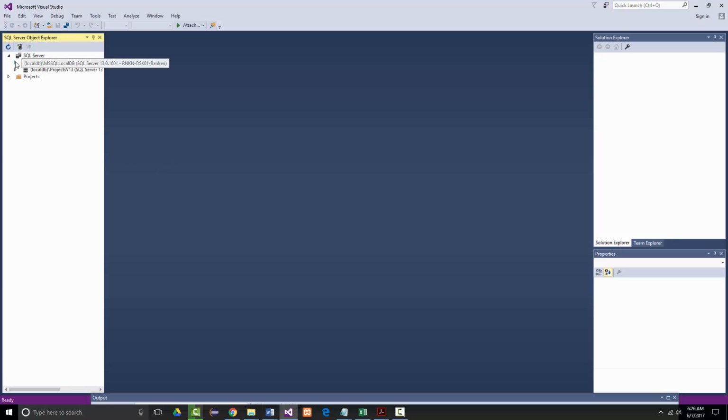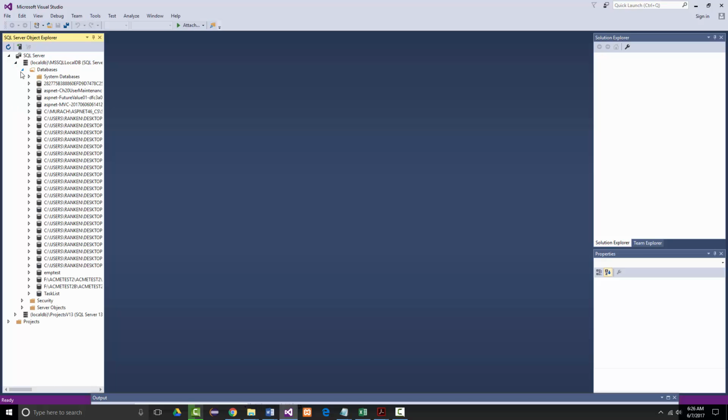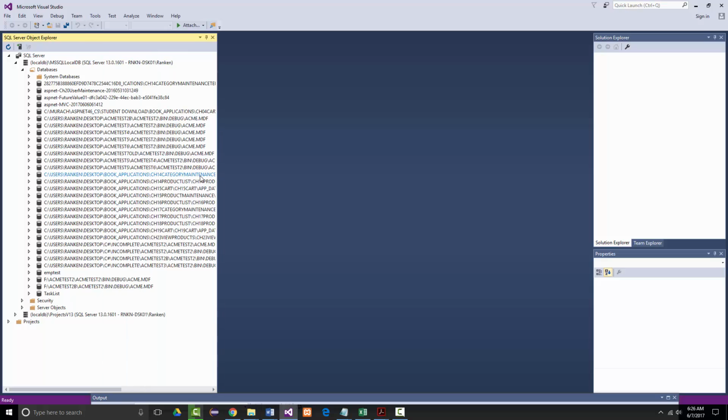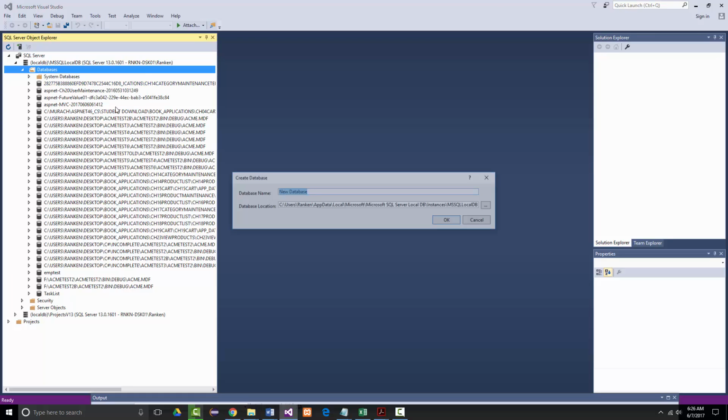And in here, it's got all the stuff that I've been working on for other things. And don't worry about what it is. It really and truly doesn't matter. I made this task list database yesterday, and that's what I'm dealing with, but I'm going to recreate it right now. So I'm going to come in here, and under Databases, I'm going to right mouse click and choose Add New Database,